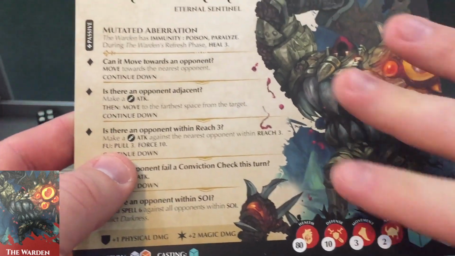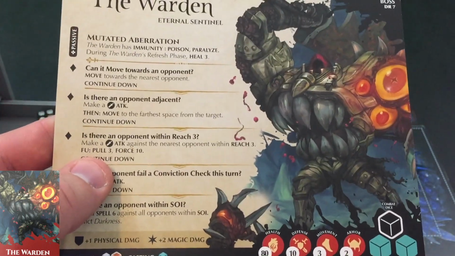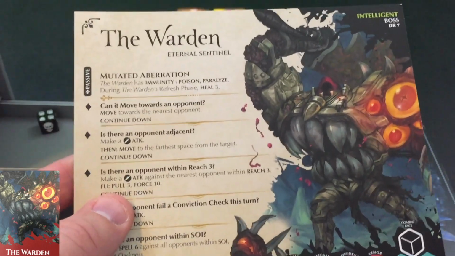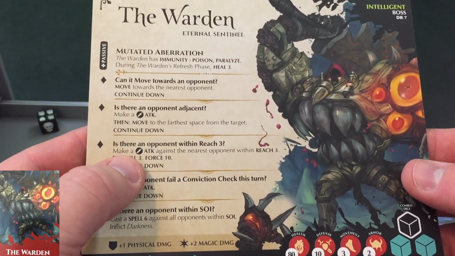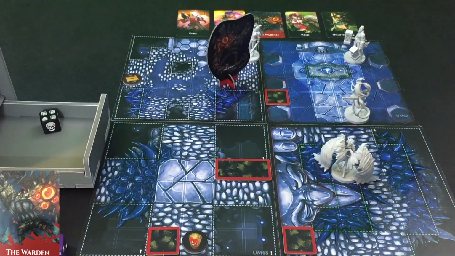This is why I don't like to read ahead, because I like it to be like when you're playing a video game and the first time you fight a boss, you don't know what's coming. That's the same type of thing here. So is there an opponent adjacent or within reach 3? Make an attack against the nearest opponent within reach 3, and then just have a follow-up. Okay, so obviously that's going to be